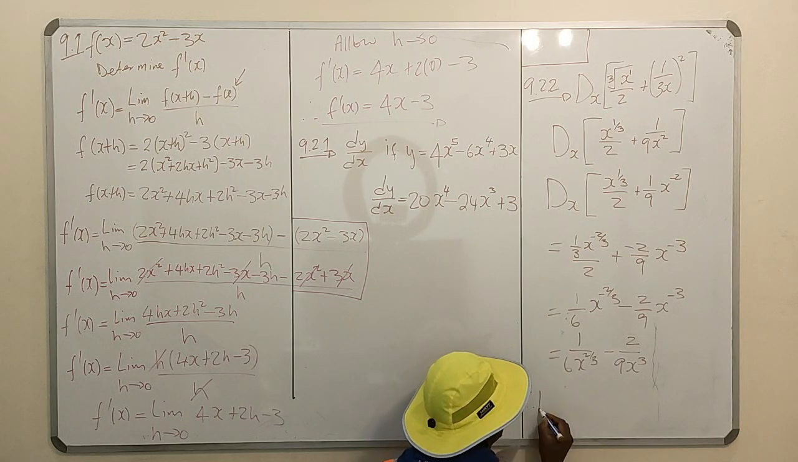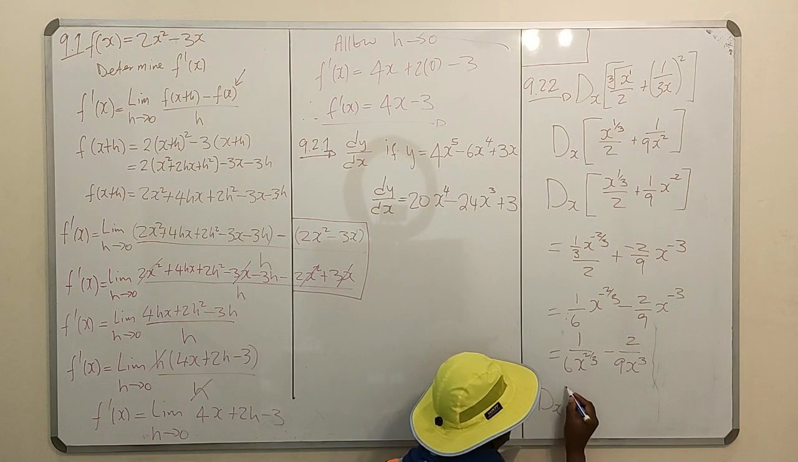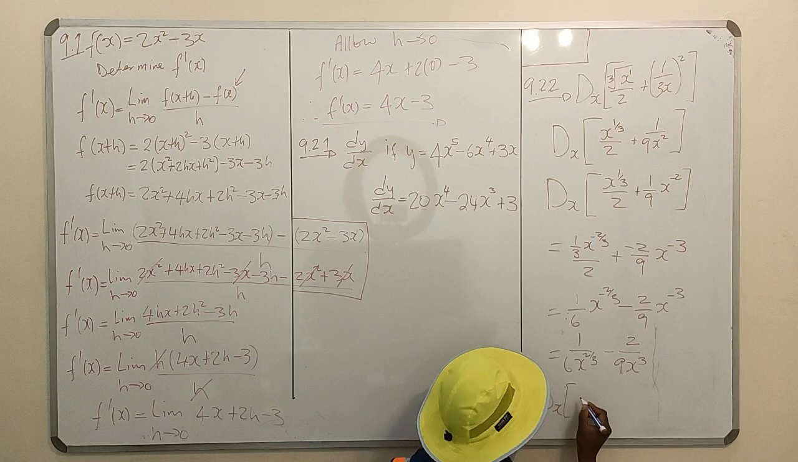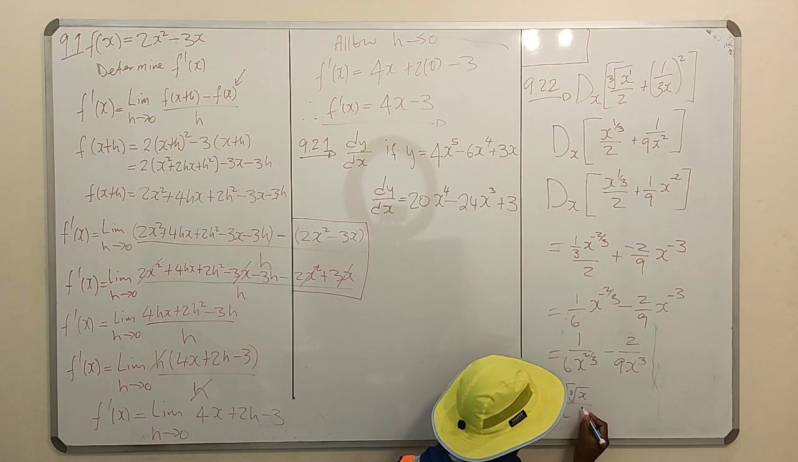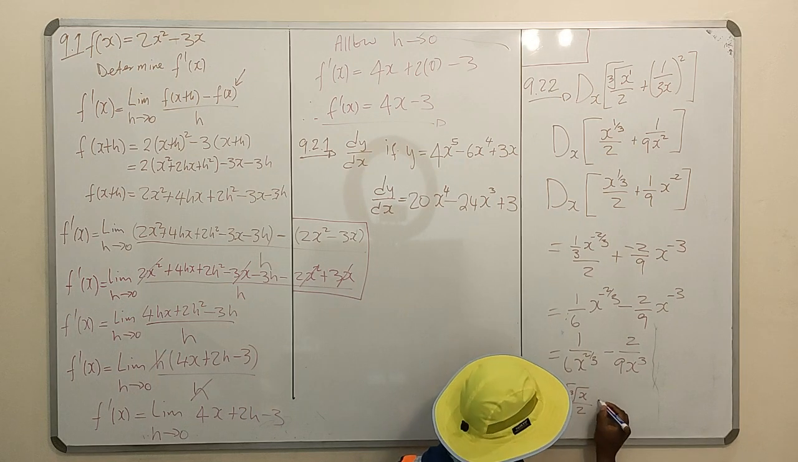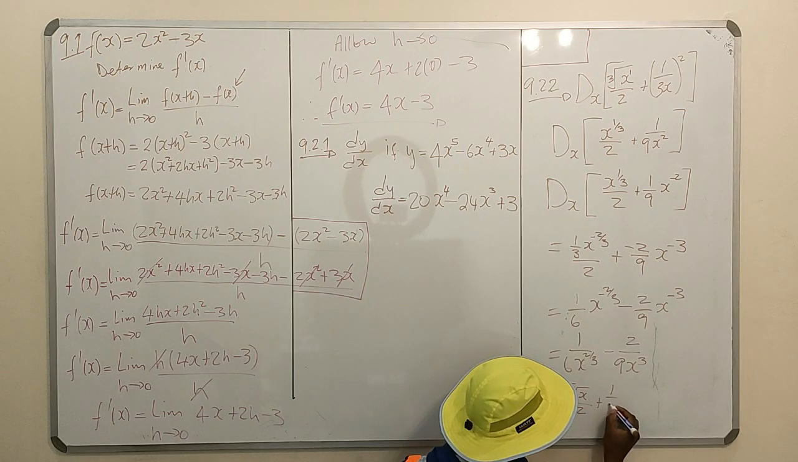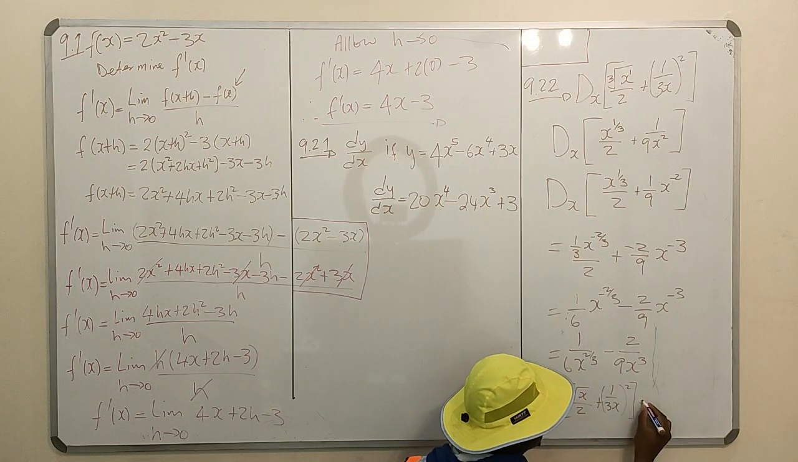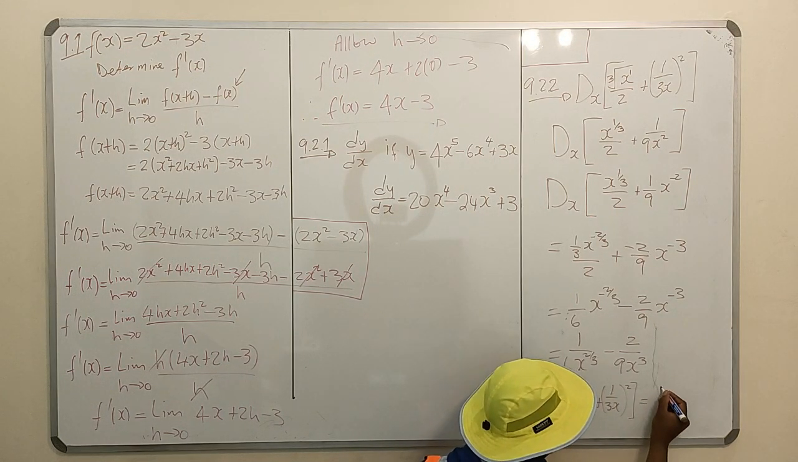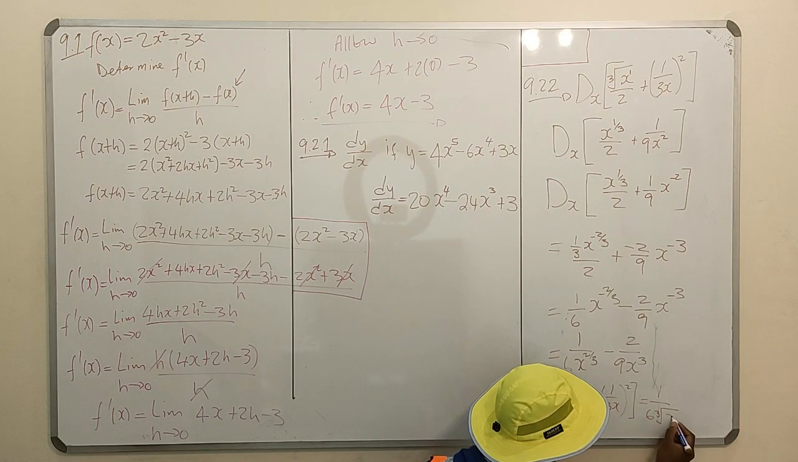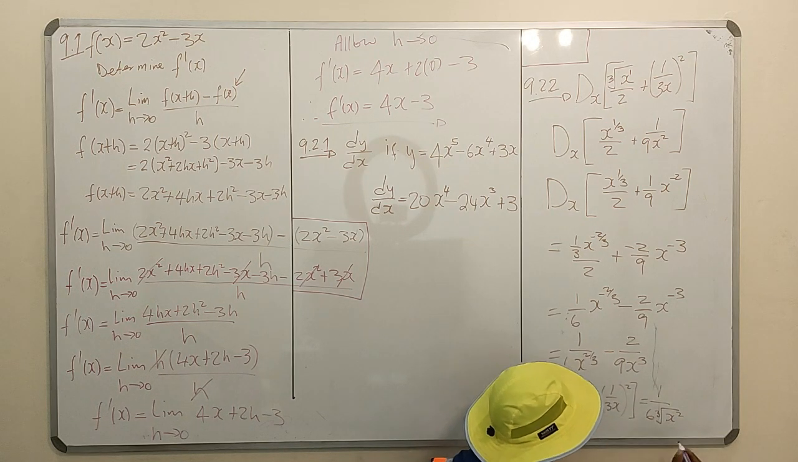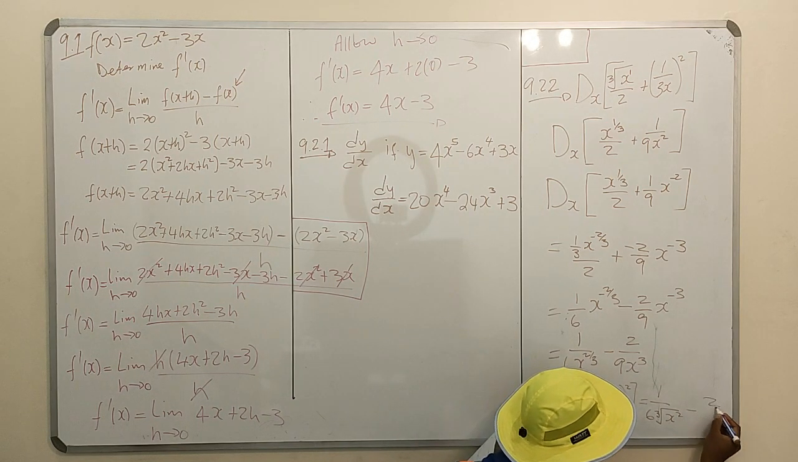Therefore, the derivative with respect to x of cube root x over 2 plus 1 over 3x squared is equal to what? It's equal to 1 over 6 cube root of x squared, right? Minus 2 over